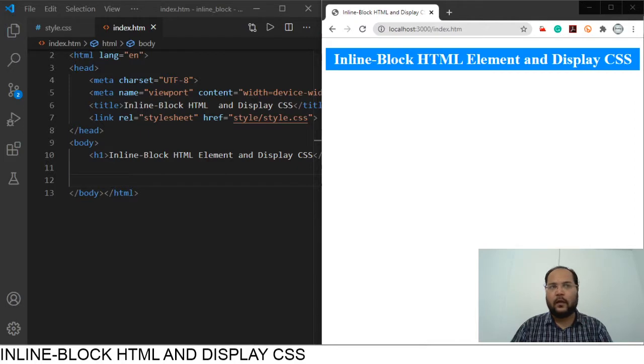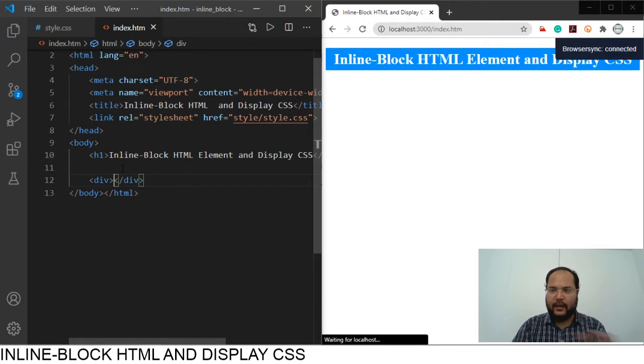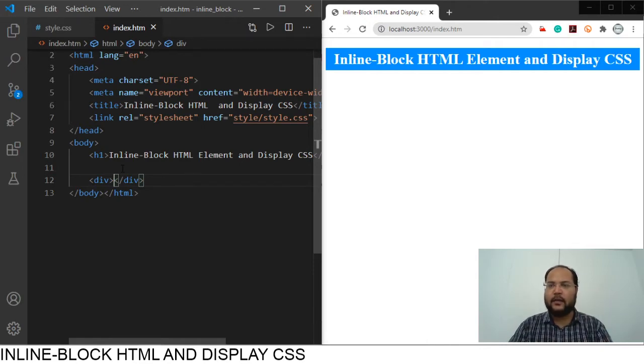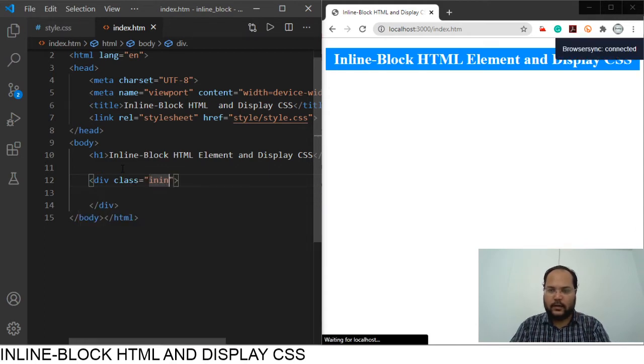Hello everyone. In this video, we will continue with our inline and block HTML elements and the display CSS property. So let's see an example, an implementation, of how we can do that. So let's create one div section for inline, to see the inline elements. So here I will give a class name called inline,